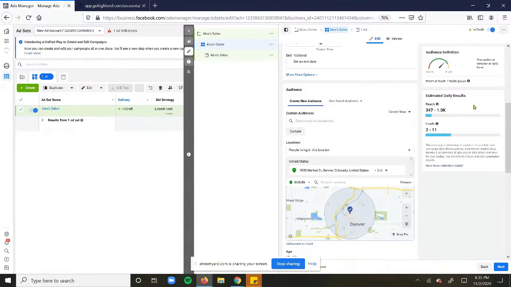And potential reach for a local business, usually you want to keep that between 50,000 to, I would say, like 450,000. I know that's kind of a broad range, but that's what I've seen that works in the past. And then this part where it says estimated daily